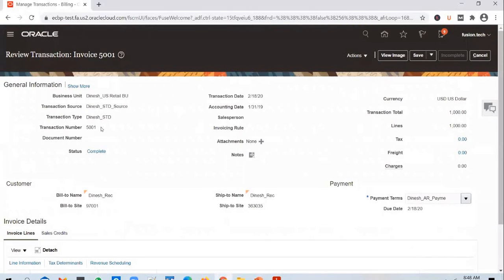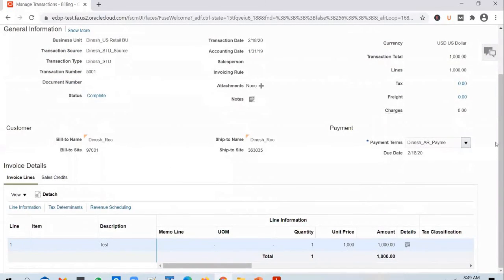So if you look at the invoice header, you have a transaction number in there, right? We're going to pull a few columns from the header. We'll pull transaction number, business unit, the transaction date and the currency. We'll pull 4 columns from the header, but you can extrapolate that query and include other columns as well that you want to pull. And we're going to pull the customer details and print them there.